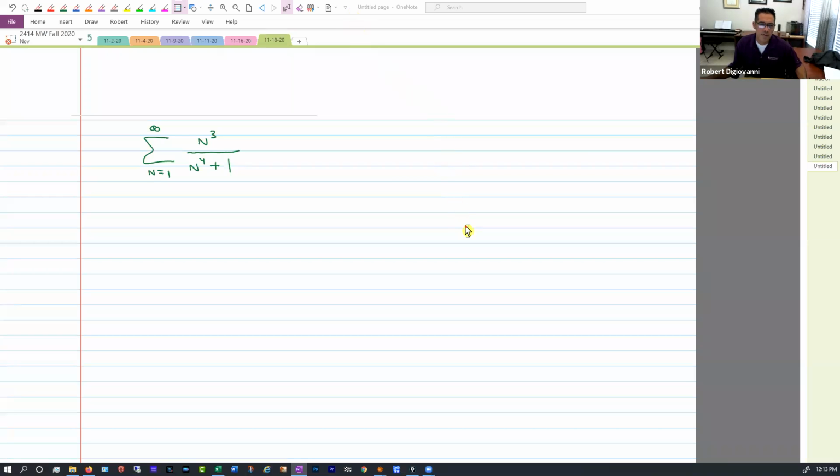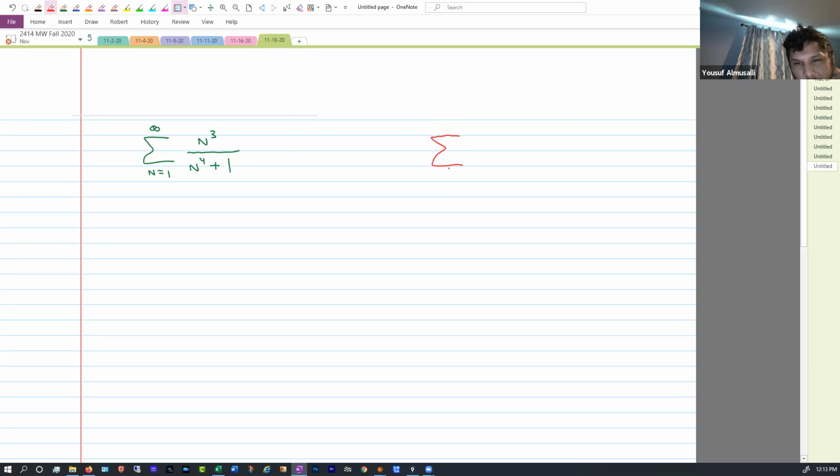What do y'all want to compare it to? We can't do 1 over n because it's going to be greater than or less than. So you tried 1 over n though, right? Because you could use the same logic we just had a second ago, that the 1 really doesn't matter. This really looks like n cubed over n to the 4th, which is really like 1 over n, right? Okay, so you do that, this diverges, and now you need to show,